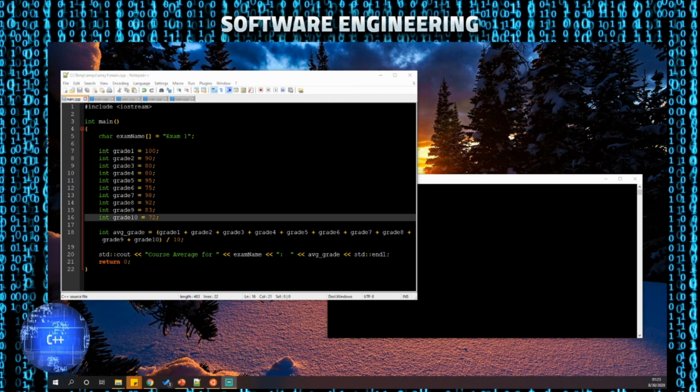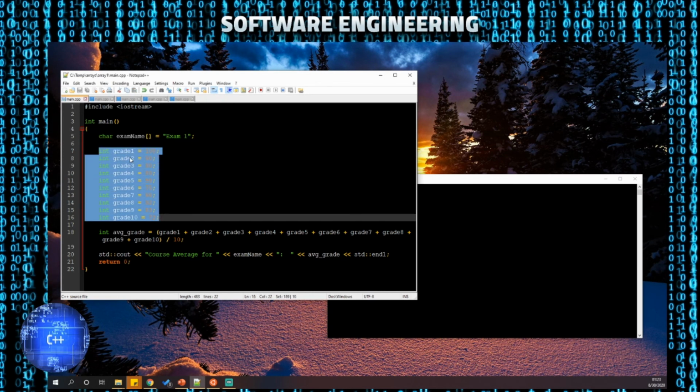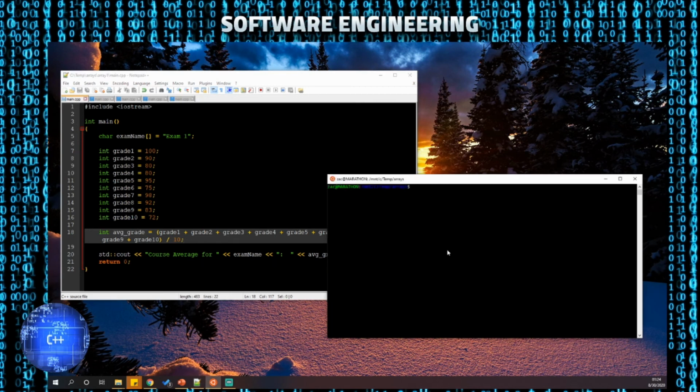So we've created our exam name. We have the 10 students. Notice there's 10 variables. To calculate the average, we have to create a function or a mathematical operation to actually calculate the average. Note that I'm using integer arithmetic here, so it's going to just truncate any decimal place, which is fine for what we're doing now. And it's just going to print out the average. So if we come over here and I go into